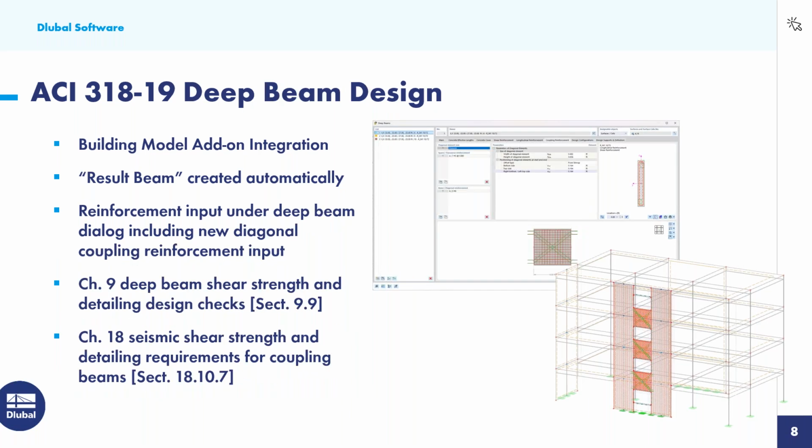Now, deep beam design follows a workflow very similar to the shear wall, in the fact that we do need the building model add-on integration. Very similar, this is also defined as a 2D surface. We create this result beam under the hood, but instead of a vertical result beam as for our shear wall, we have a horizontal result beam here to sum up all of the internal forces